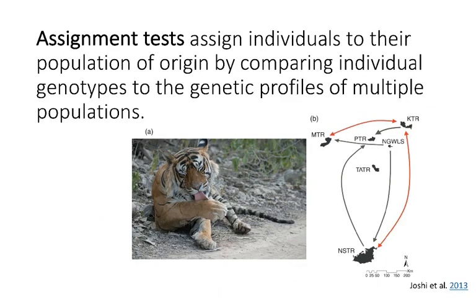In addition to FST, one other way you can try to quantify gene flow molecularly between populations is to use something called assignment tests. What assignment tests do is assign individuals to their population of origin by comparing individual genotypes to the genetic profiles of multiple populations. So let's walk through this with an example that's shown here from tigers in a preserve in